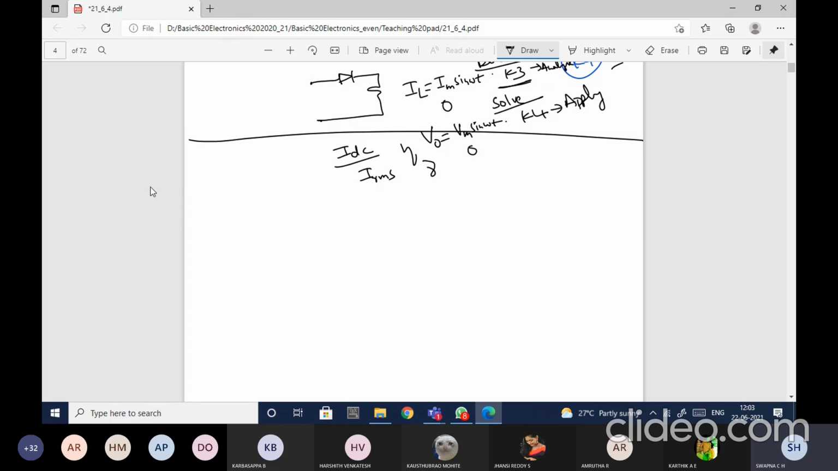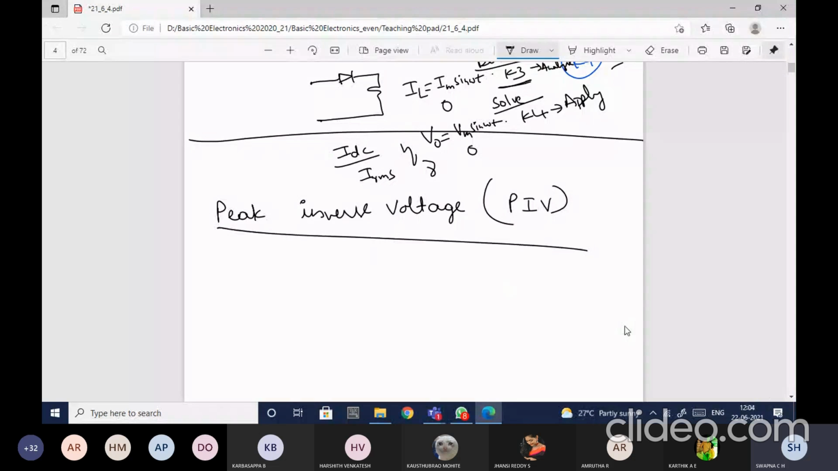Next one is peak inverse voltage. Peak inverse voltage, which is also said to be PIV. So if you just recall the characteristics of the diode,